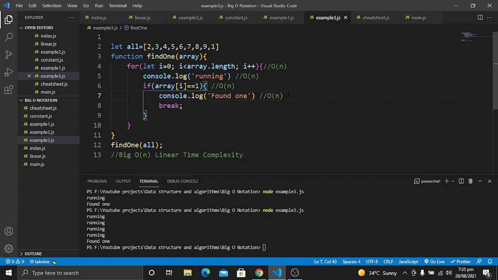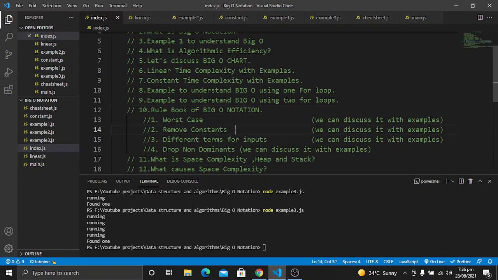In this way you can find the big O notation by keeping in mind that you have to calculate it for the worst case, not for the best case, because big O notation is always concerned about the worst case. So this is the first point of our rule book: we are always concerned about the worst case. Now we have discussed the first rule, the worst case scenario, and let's move towards the second rule.